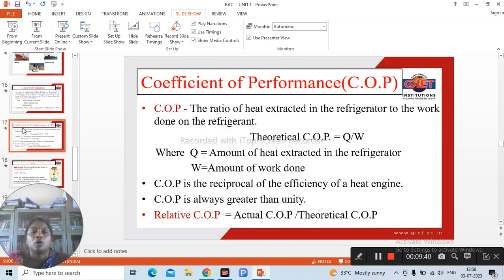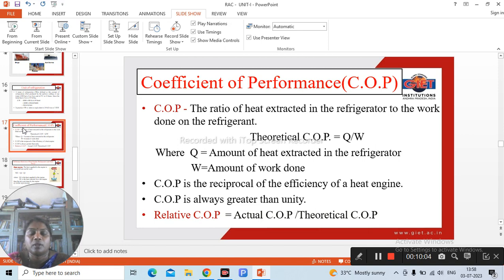Next is the COP. COP means coefficient of performance. From the engine point of view, we calculate the efficiency of the engine, but here we calculate the coefficient of performance of the refrigerator. The definition of the coefficient of performance is the ratio of heat extracted in the refrigerator to the work done on the